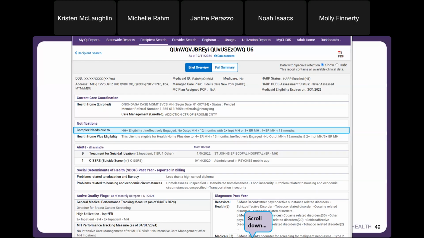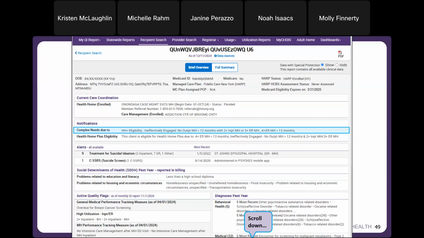So basically what the brief overview does is act like a cover page to the rest of the clinical summary. It pulls in the most critical pieces of information for a specific time, and it fits on a piece of paper. It has user-friendly cards that help summarize this information so you can rapidly review it.